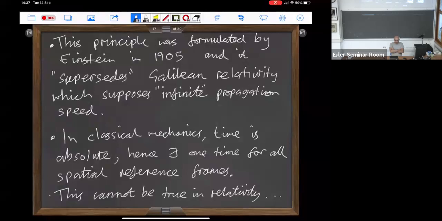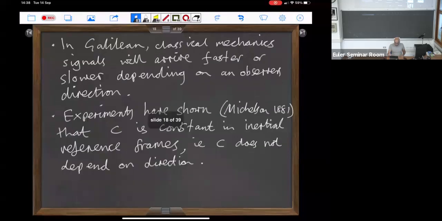In Galilean relativity, you can have relative motion, so you can consider frames which differ in their spatial coordinates, but the time coordinate is the same for all of these frames. And this simply cannot be true in special relativity,